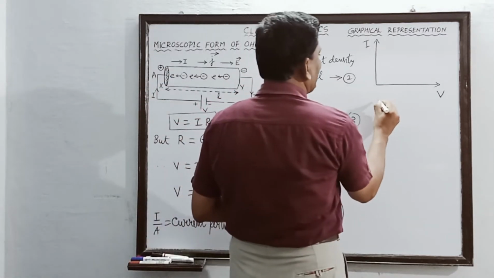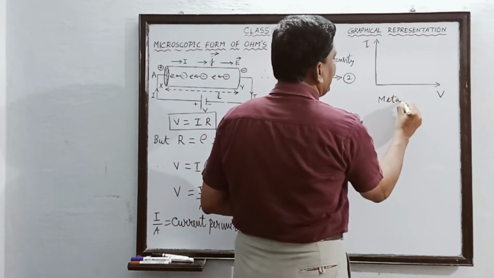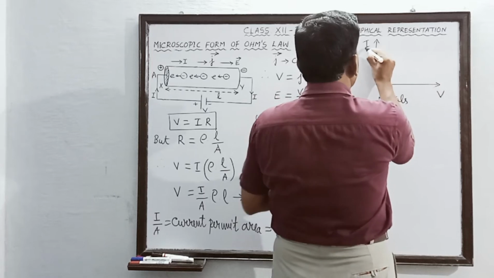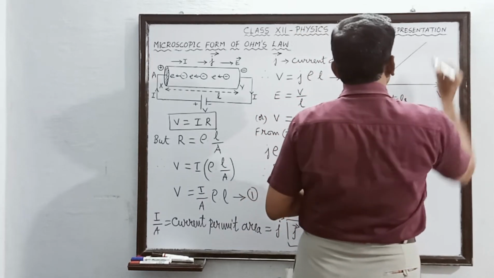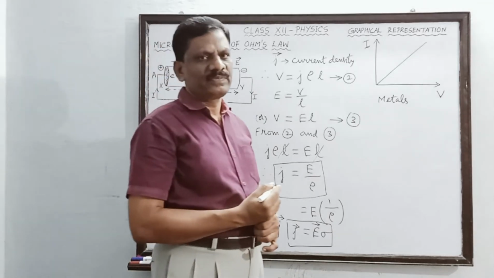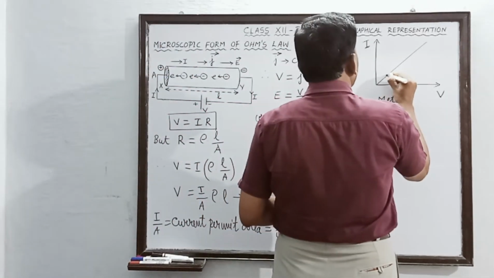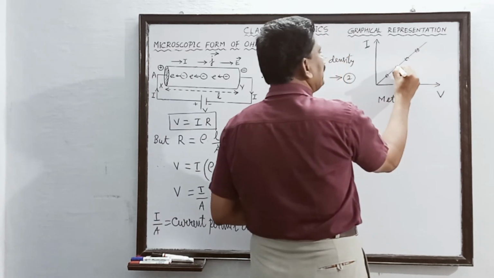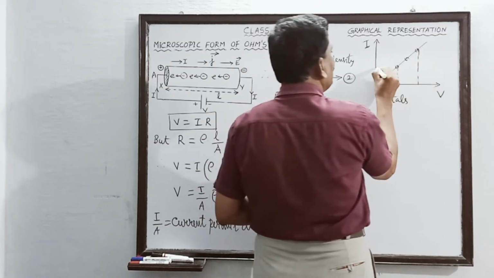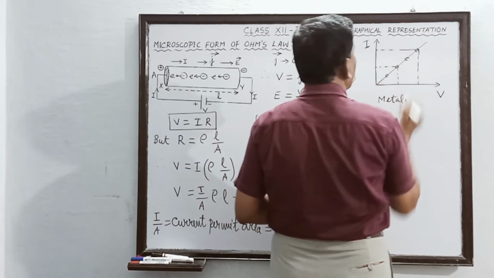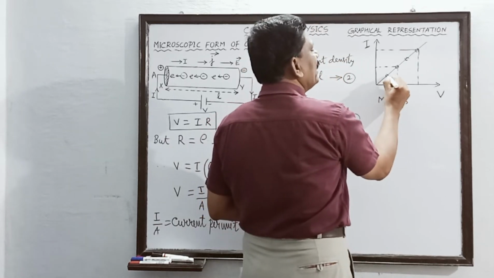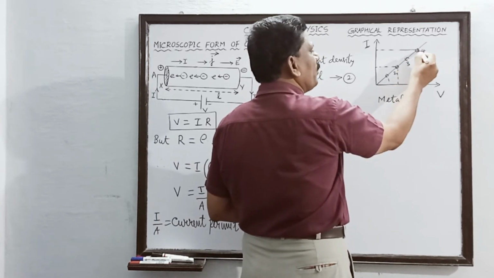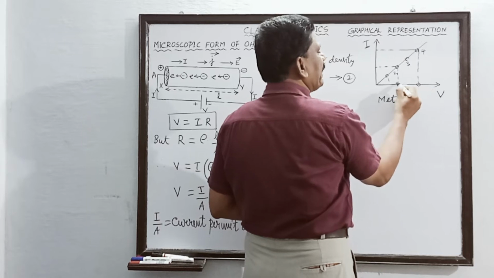Now, first one is for metals. Okay, for metallic conductors like copper and aluminum and all. If you draw a graph between voltage and the current, then the nature of the graph will be a straight line passing through the origin. Okay, and on this graph, if you take any 2 points and project these points on the x and y axis respectively. So let us take this is first one, second, the third and the fourth. I have taken the second point and the fourth point and projected along the x-axis, that is voltage axis.